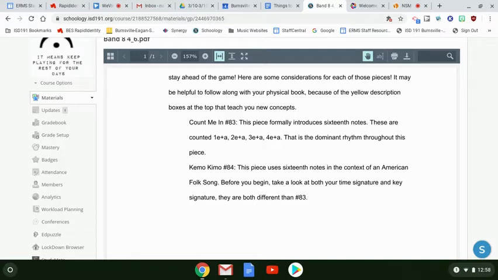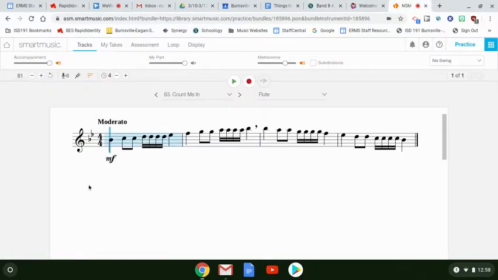First off, we'll start with number 83, Count Me In. I'm switching to my Smart Music tab now. This piece introduces 16th notes. Now, we've all seen 16th notes in some capacity, but 16th notes are basically fitting 4 notes within one count. For a measure of quarter notes, we count 1, 2, 3, 4.